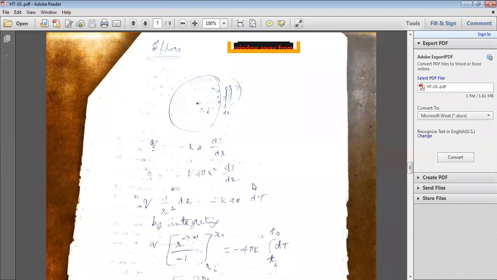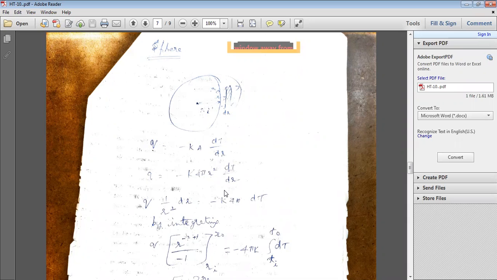All of you listen very carefully. Now the cylinder is over. Now we are discussing the sphere, the second radial system. You are analyzing heat transfer on a sphere. Here we are taking inside radius Ri, outside radius Ro, and we are considering a small element at a distance small r from the center of thickness dr. From Fourier's law of heat conduction, Q is equal to minus KA dT by dr, which is minus K into the surface area of the sphere 4 pi r squared into dT by dr.